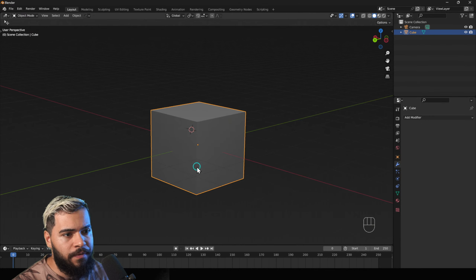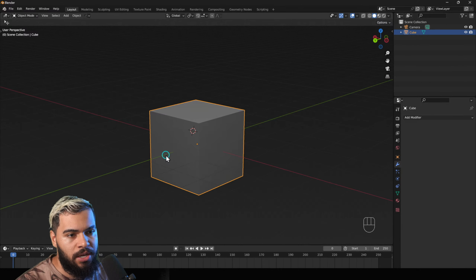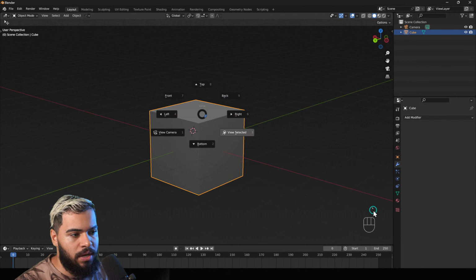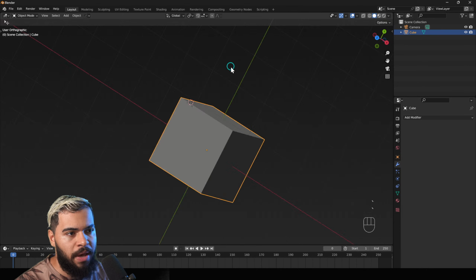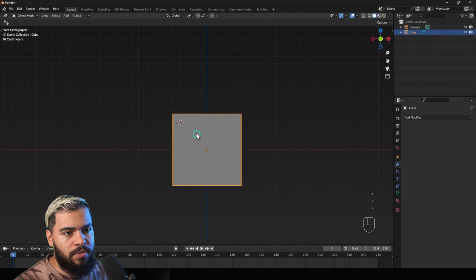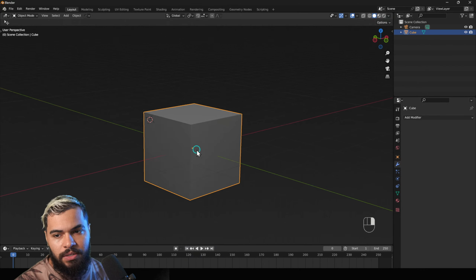Here we go. We have this cube, all right, as always. But what I want to do here, guys, is show how to navigate as a beginner. If you press this button here above the tab, you're going to see that we have these views: the front, the top, the back, the right. So you need to know how to handle the way that you navigate.